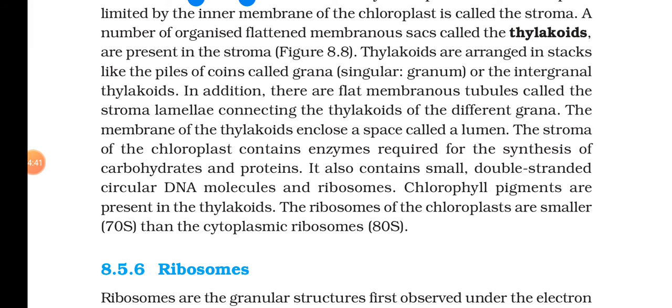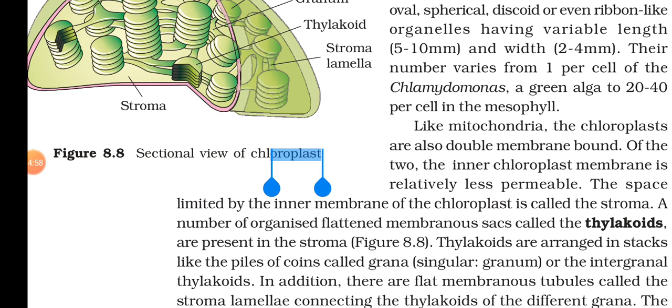the matrix. What is the matrix of the chloroplast known as? Stroma. So stroma contains what? The DNA molecules and also the ribosomes. Understood? So the major parts of a chloroplast include what? The membrane having outer and inner layer, the matrix, and the